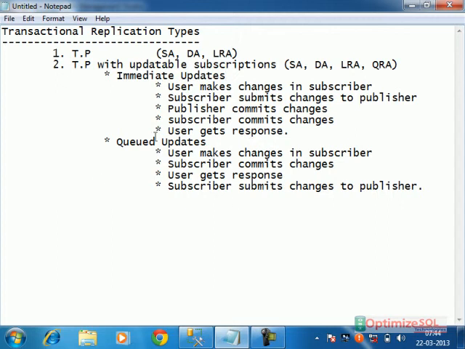So observe, after that we have the third type of transactional publication. See, transactional publication in peer-to-peer topology. This we are using regularly for banking and all those things.